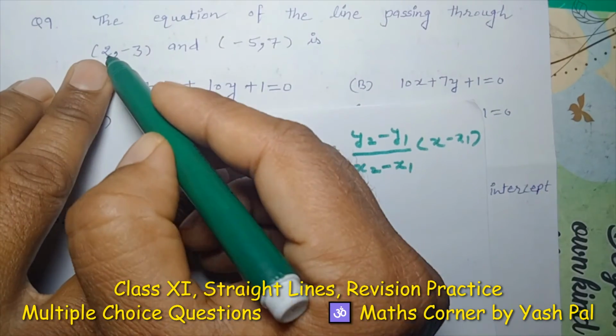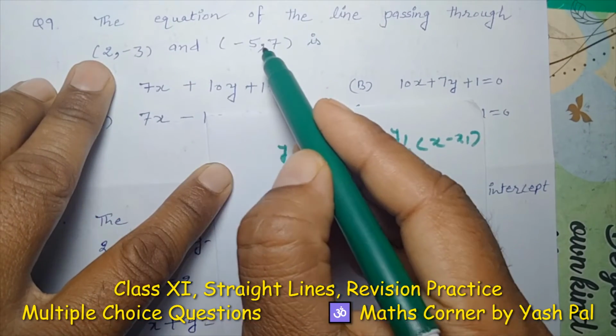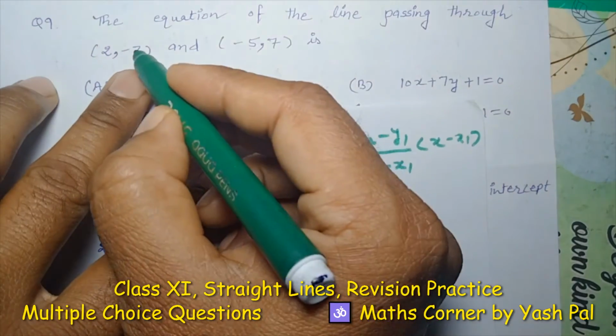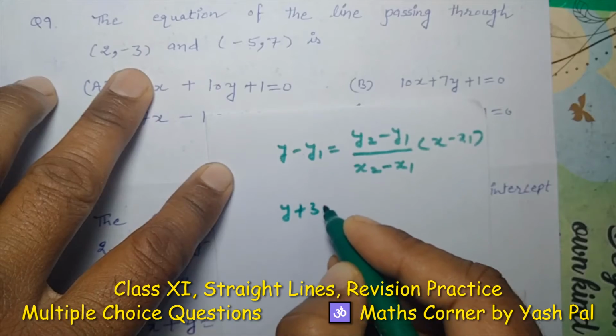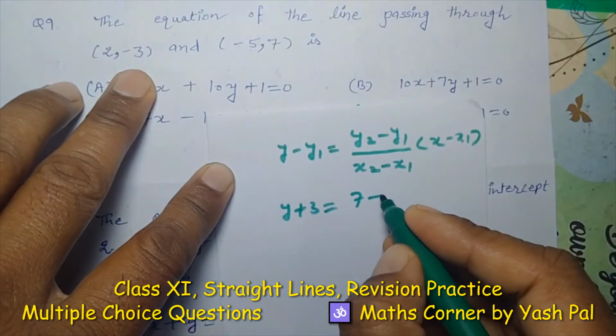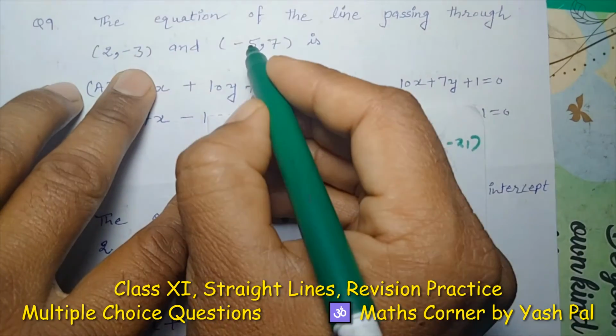So this is x1, this is y1, this is x2, this is y2. So we write here y minus y1, minus minus becomes plus, 3 is equal to y2 is 7, minus minus becomes plus 3, divide x2 is minus 5,